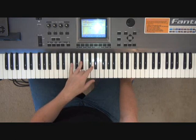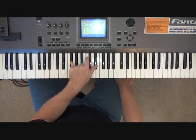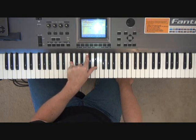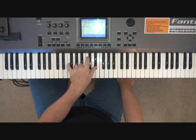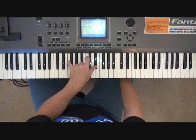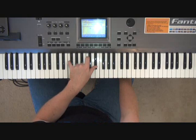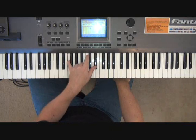Then we drop to a G flat with your pinky, and we play C and E flat with the index and the thumb. Then F, which makes that an F7 chord, by the way. That's why it resolves, because we're in the key of B flat and now we're on the 5-7, which means that we'll be able to resolve back to our tonic. So F, C, and E flat,